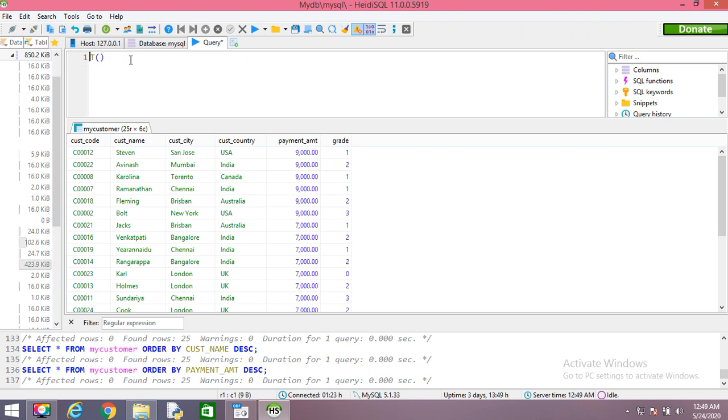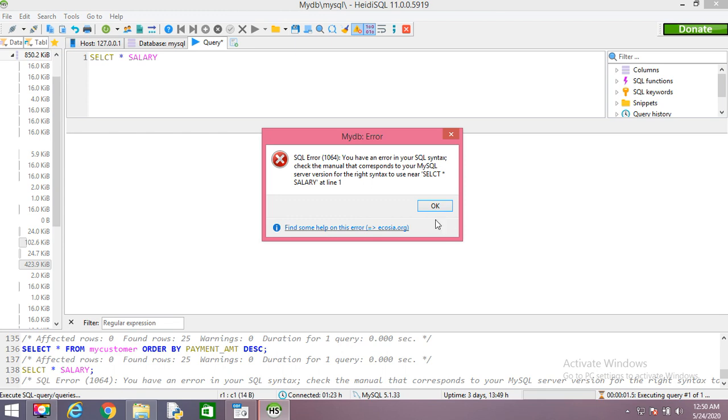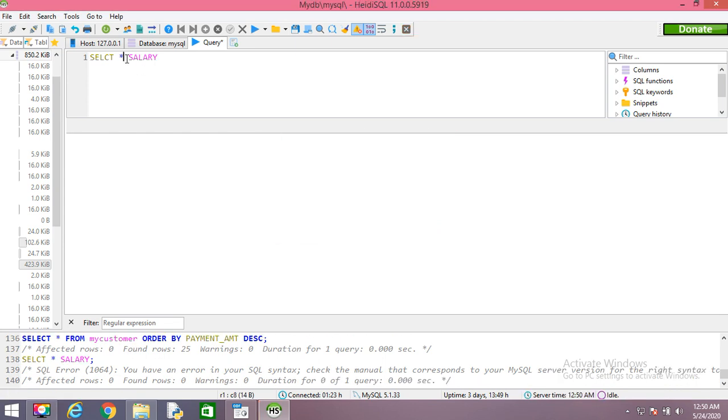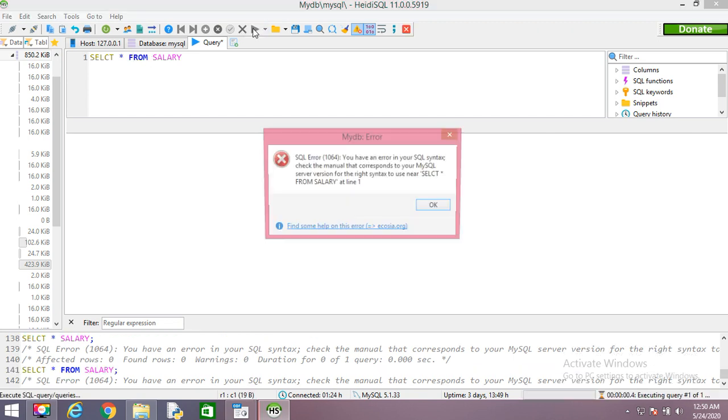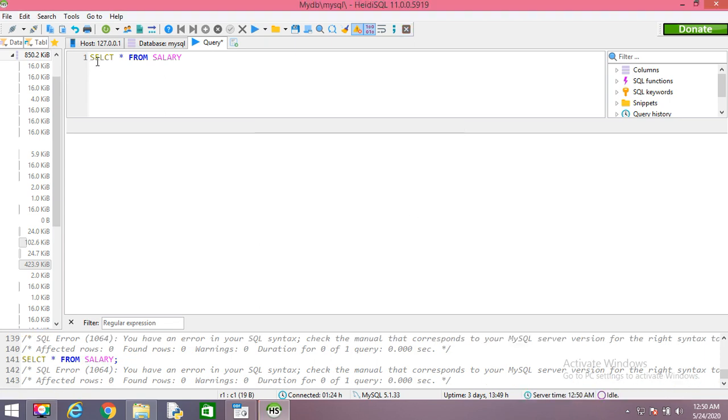Now you can try some commands using this table. For practical, I will use this command. Select asterisk from salary.